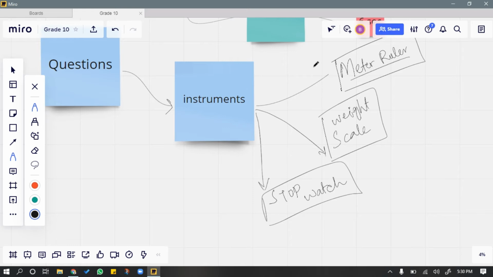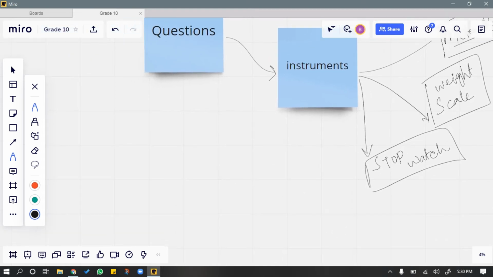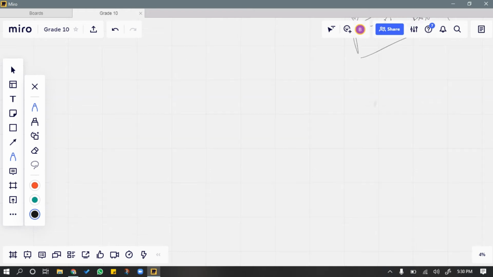But in some cases, whenever a thing is too small to be measured, then we have certain methods. We'll discuss those methods now. Like, what is a method for measuring anything which is too small? So let's get started towards our methods. What are the methods for finding the exact length if a thing is too short? So coming back to the method,